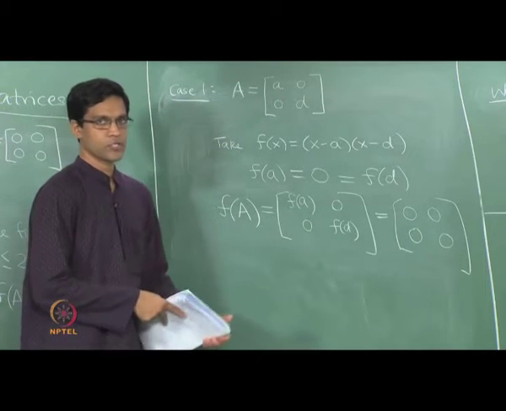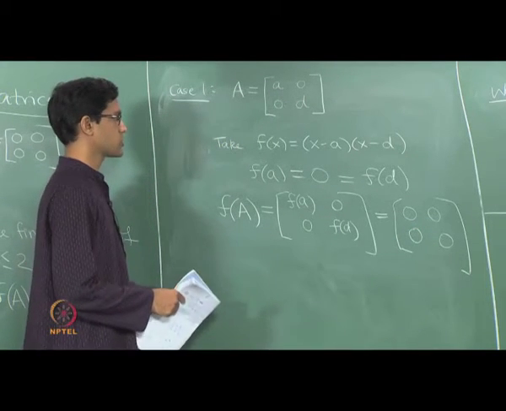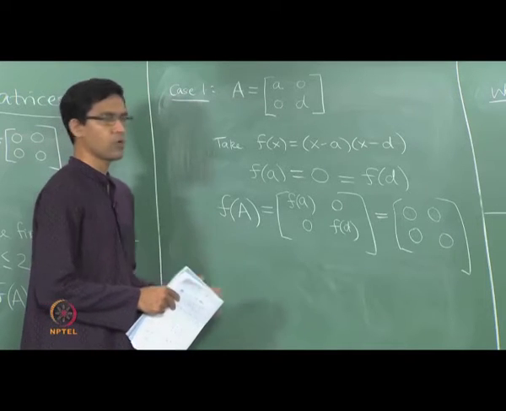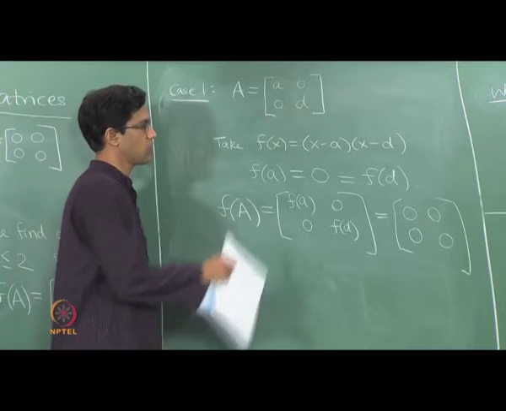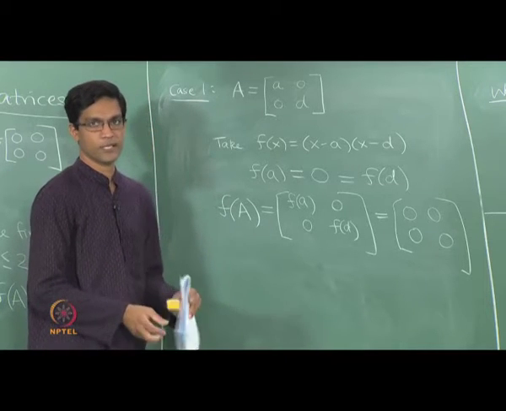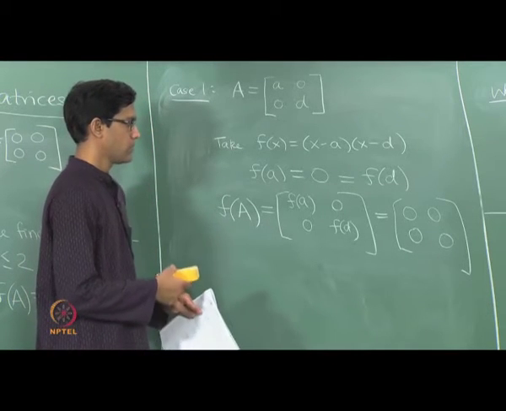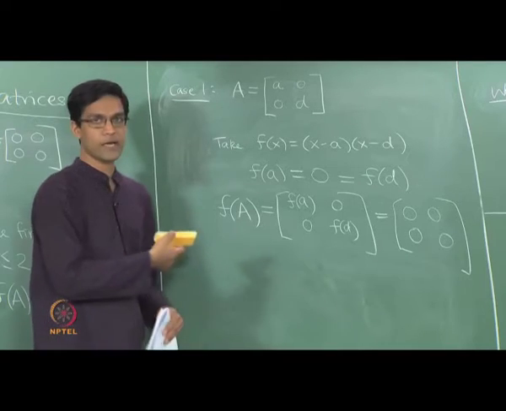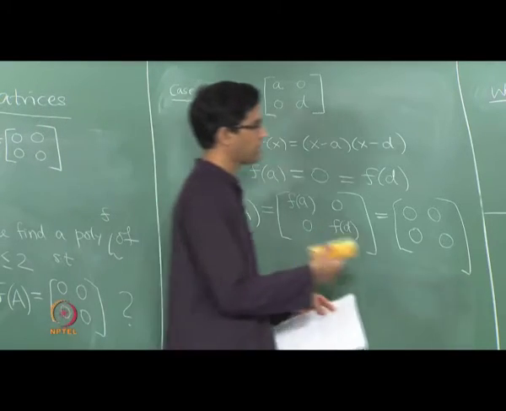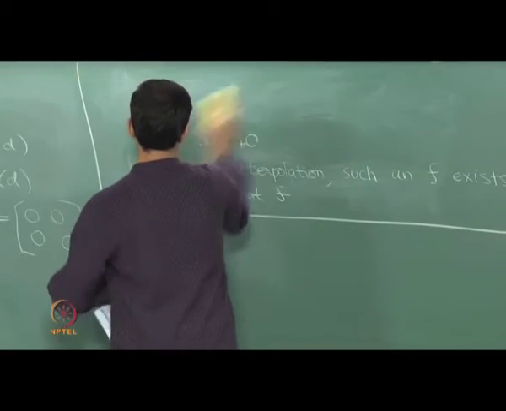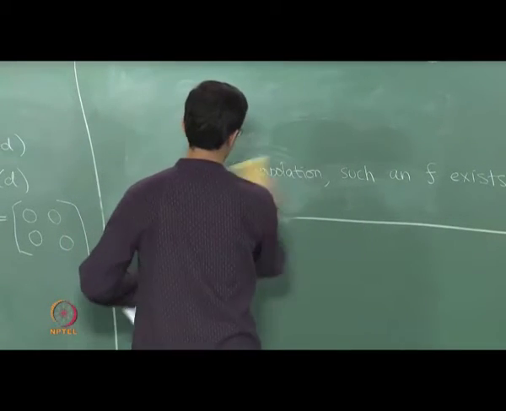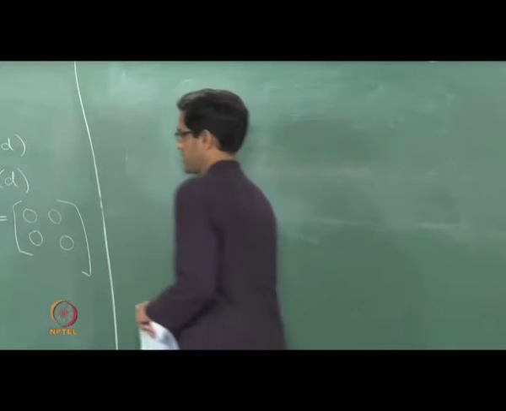Okay. So, this general problem that I just posed, at least in a special case we know how to attack this. If it were a diagonal matrix, then we would just use the polynomial (x minus a) times (x minus d). But of course, the question is, will that work if you have maybe off-diagonal entries, say if you have b and c being non-zero, would we still be able to find a polynomial? Okay. So, that is the general case.